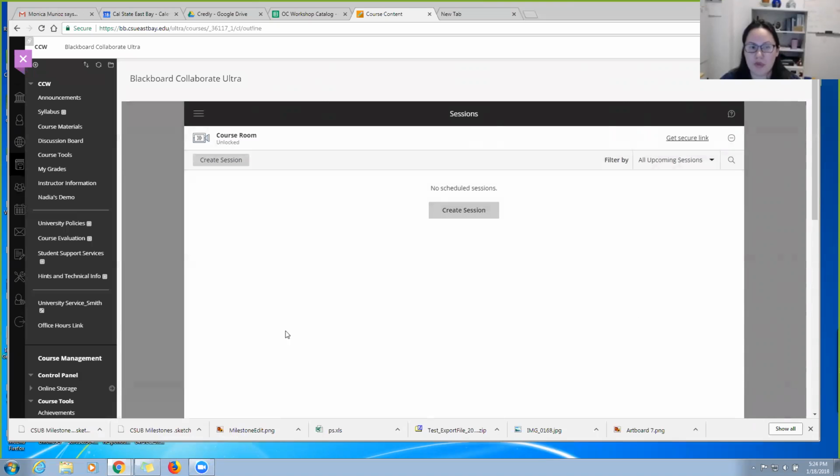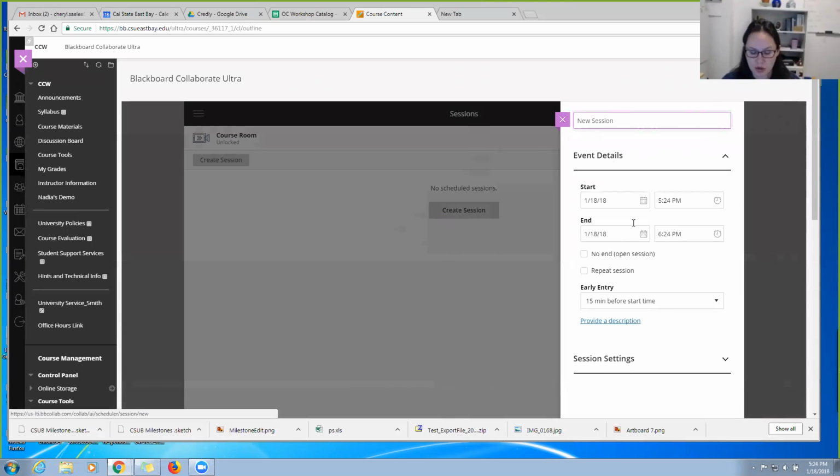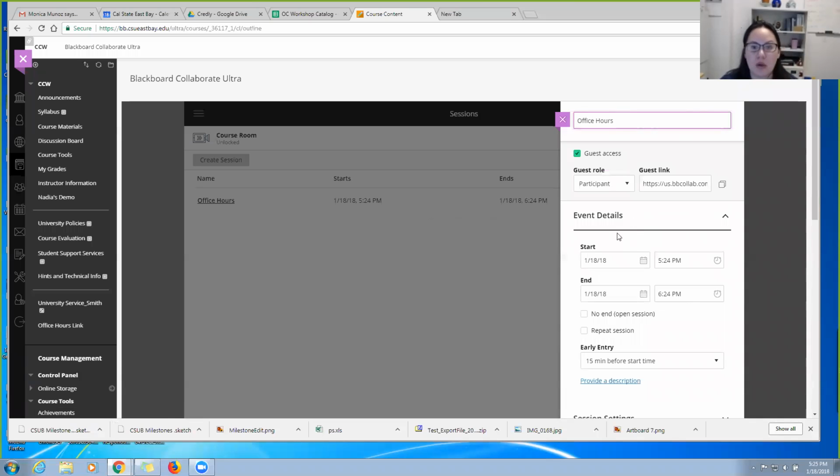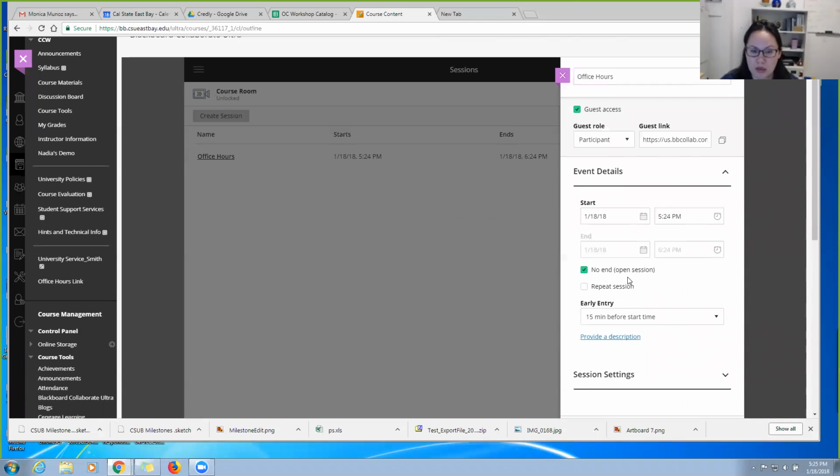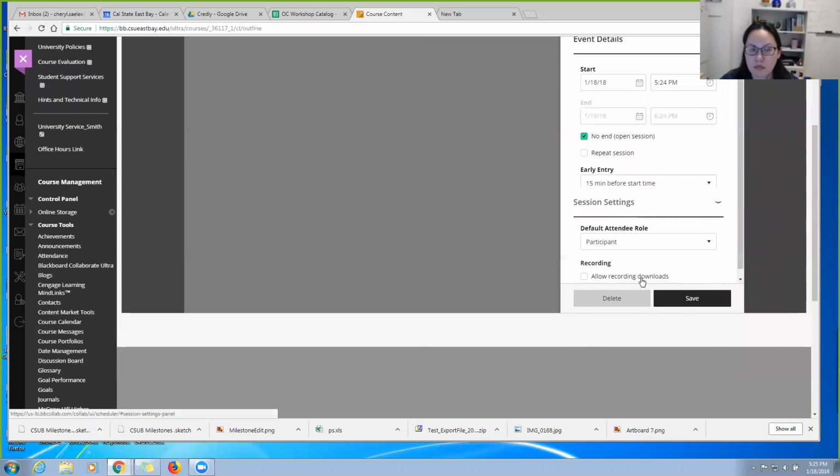So instead of having to download a separate application and open that up, you can schedule sessions right in your course. So you would create session, and you can call this, again, office hours or group meeting 1, however you plan to use it. And you can have your start or end dates or just no end. You have